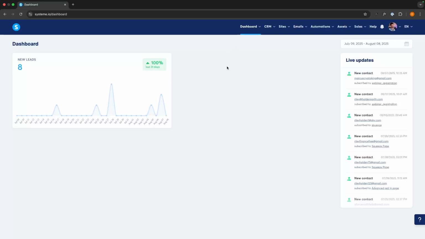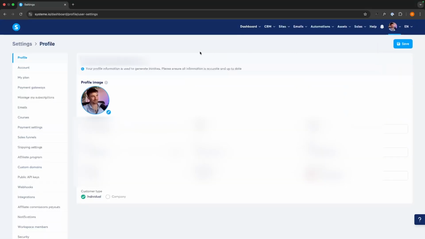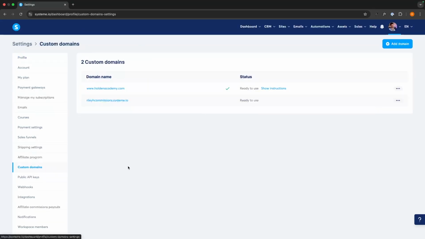Okay, so coming over here to System, the way that we access the login page to actually go ahead and customize this is we want to come along to the profile icon in this top corner, click on settings, and then in here, we actually want to go to custom domains. So we can click on custom domains on this left-hand side,